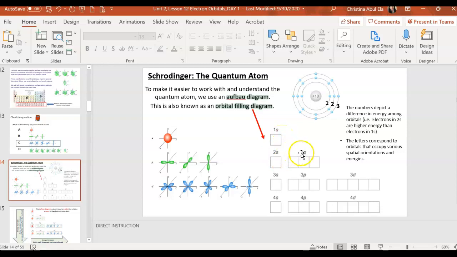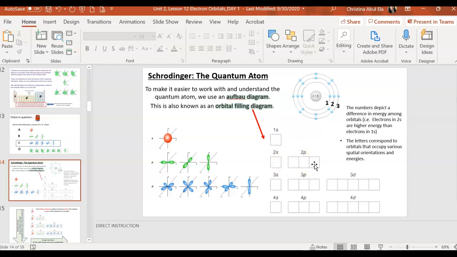Then I move to the second floor. There's 2 kinds of orbitals on the second floor. I have s orbitals and I have p orbitals. And so this is what I was talking about yesterday. Even though they're both on the same energy level, the s's have less energy than the p orbitals. So the more complicated the shape, the more energy it takes to travel. And so I have 1 box for the s orbital, but I have 3 joined boxes for the p orbitals